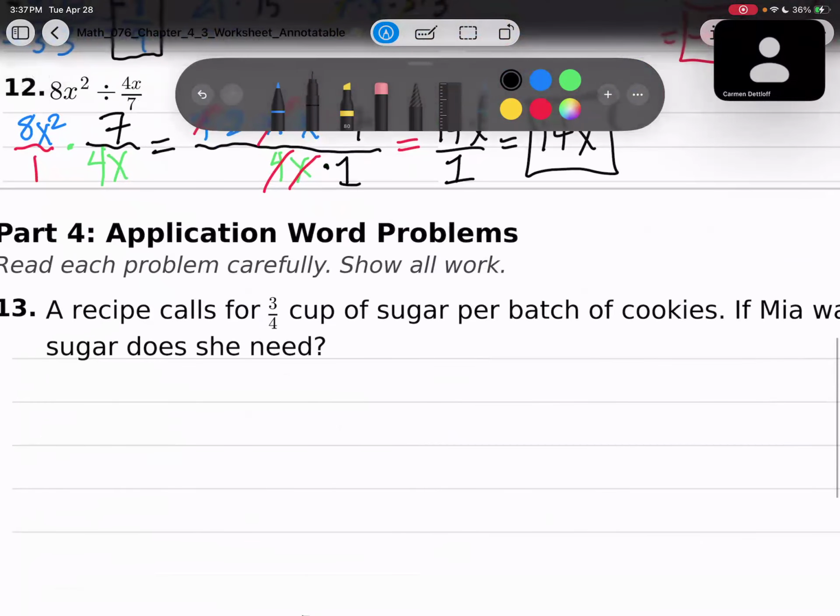A recipe calls for 3/4 cup of sugar per batch of cookies. If Mia wants to make 2/3 of the recipe, how many cups of sugar does she need? Okay, so "of" tells us in math to multiply. So she has 3/4 of